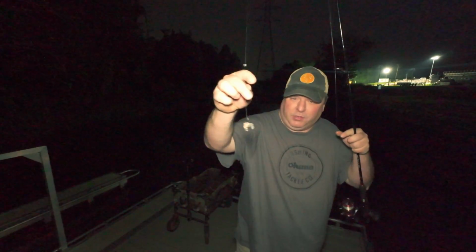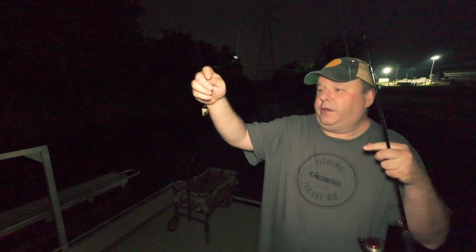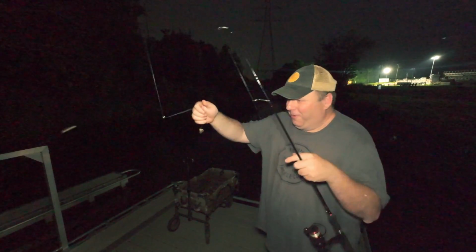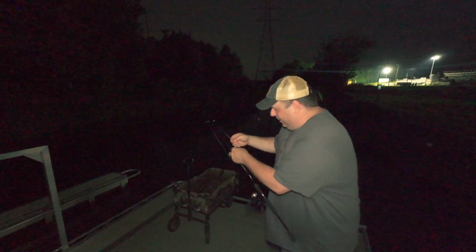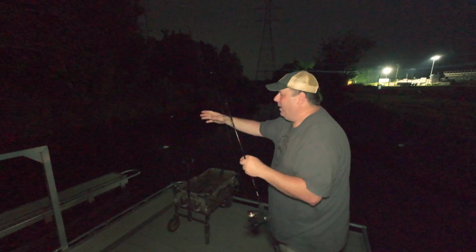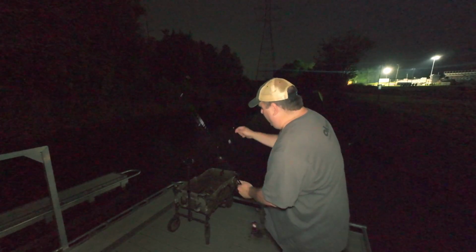But this is the bait I'm using. Just 2 tiny chunks. I had 1 chunk on here and then I decided to put a second one on because I actually want to try to catch a bullhead. A lot of people like a gob of night crawlers to catch bullheads, which is a possibility too. And also,